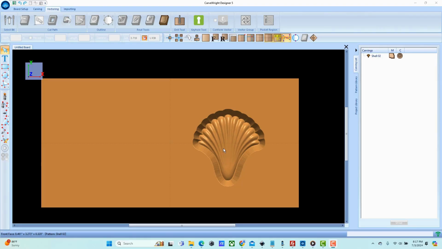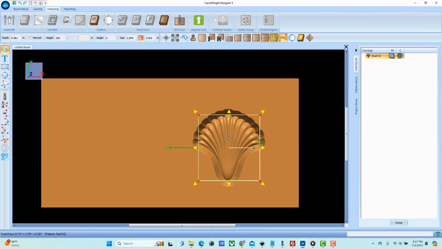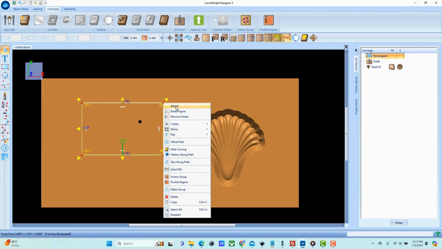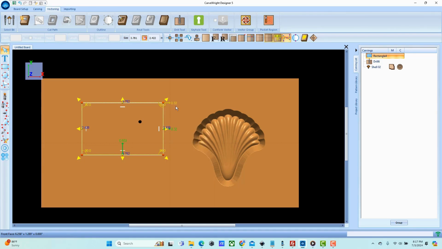In this video, we're going to talk about attachments. Now, any object you put on the board has control points. It's the same if it's a drill or drawn geometry or imported geometry. All have control points or vertices. Now, right-clicking on that control point and clicking Attach will allow you to attach to the edge of a board